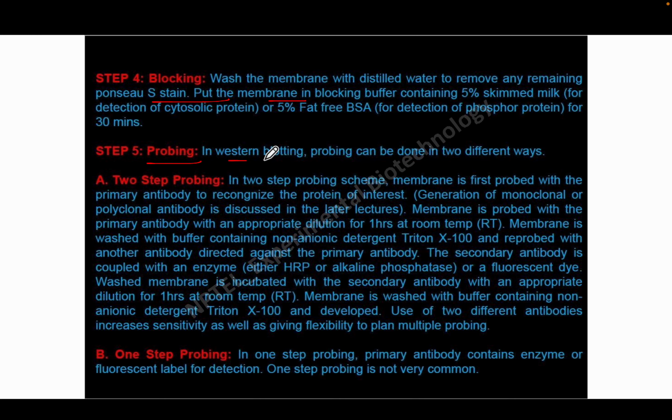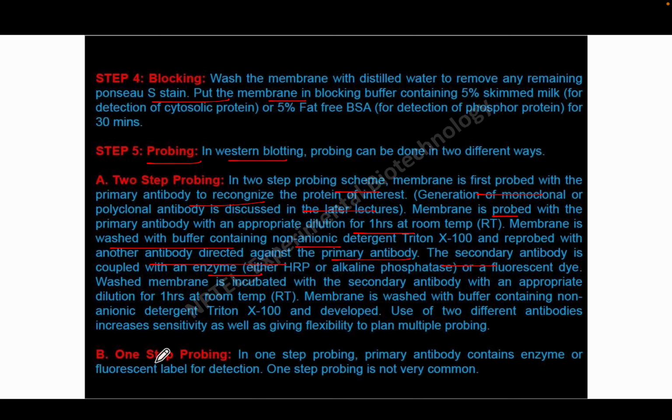Then probing. In Western blotting, probing can be done in two ways. Two-step probing: in the two-step probing scheme, the membrane is first probed with a primary antibody to recognize the protein of interest. Generation of monoclonal or polyclonal antibody is already discussed. The membrane is probed with the primary antibody at an appropriate dilution for 1 hour. The membrane is washed with buffer containing non-ionic detergent and reprobed with another antibody directed against the primary antibody. The secondary antibody is coupled to an enzyme, and you add a substrate and get the